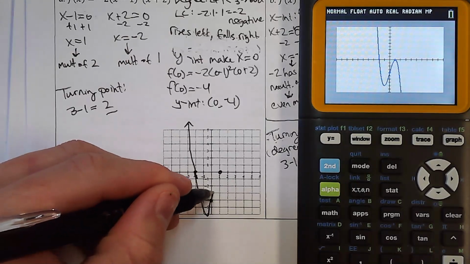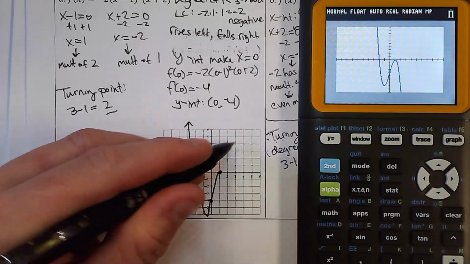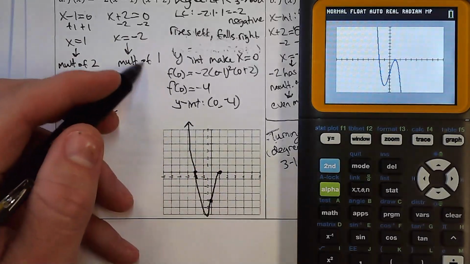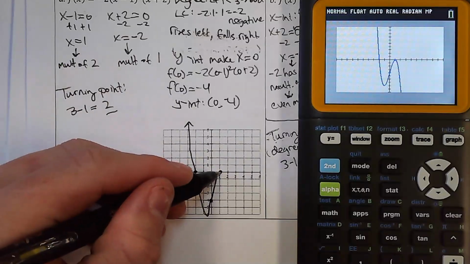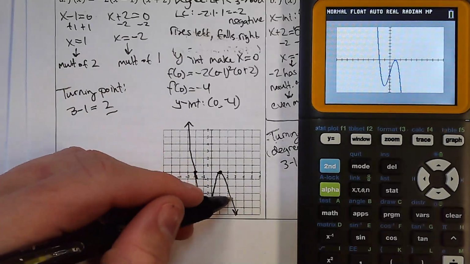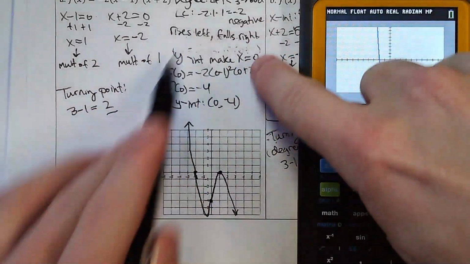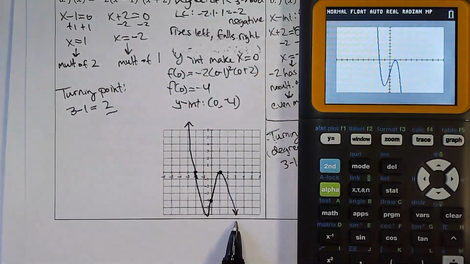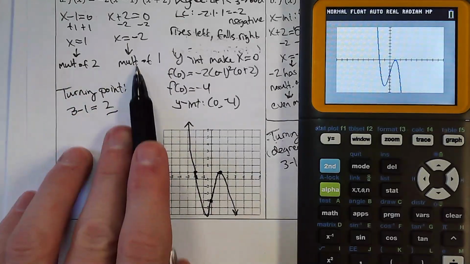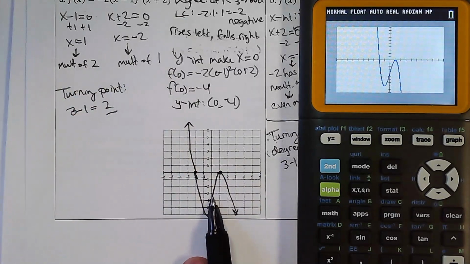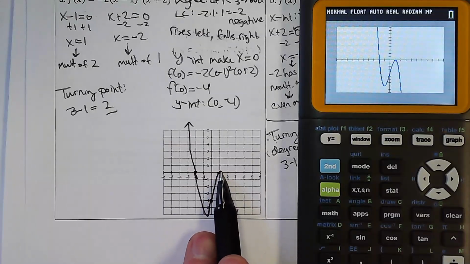And then what happens when it hits 1? Does it go through it or does it turn back around? Turns back around because it's a multiplicity of 2, and it falls to the right. So it rises to the left, falls to the right, negative 2, multiplicity of 1, so it just goes through it, wires up negative 4, hits 1, and then it turns back